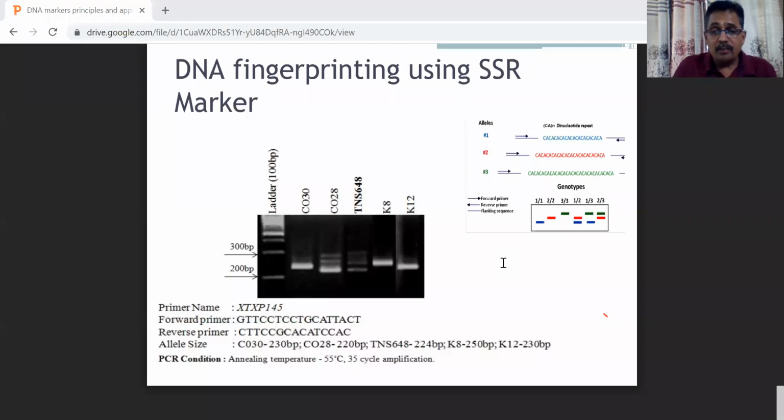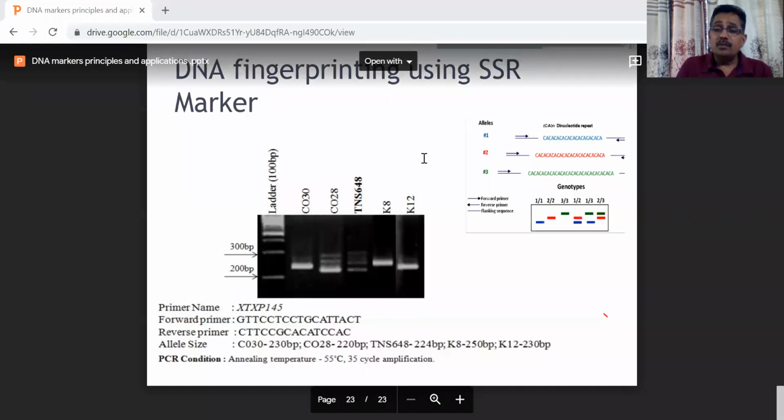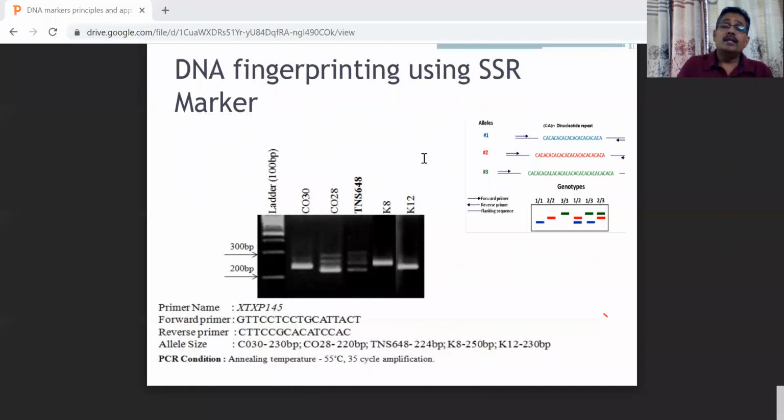So the bottom line of this class is, whenever you use any kind of DNA based markers, you should know the history of markers, how the people in earlier days used them, and how the markers are changing during the timeline. When you ask me, sir, at present what kind of markers are very common and what markers we can use? The SSR marker is still ruling because it has quite a few advantages. You don't need any NGS sequencer or big sequencing facility.